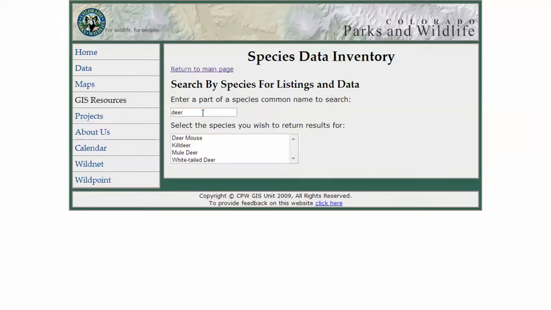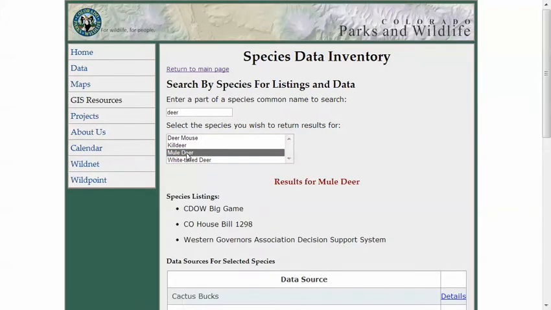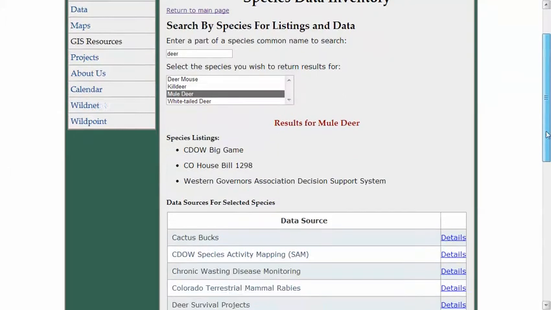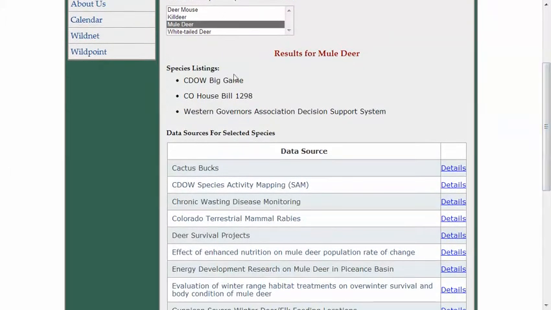Once we type in deer, we get a list of the actual species, the names that are found in the species table for the database. We even get a deer mouse and a bird, the killdeer, along with mule deer and white-tailed deer. But say someone wants to see what studies or what data is available for mule deer. So we can click on mule deer, and what we return is first a